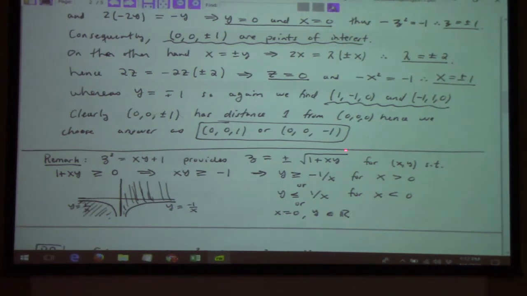Well, it's going to appear in the region where 1 plus xy is non-negative. Where is 1 plus xy non-negative? Well, that's where xy is greater than or equal to -1. So if x is positive, I get y is greater than or equal to -1 over x. That's this region in here. On the other hand, if x is negative, when I divide by x, I reverse the inequality, and I get,